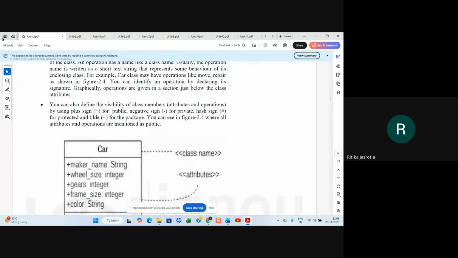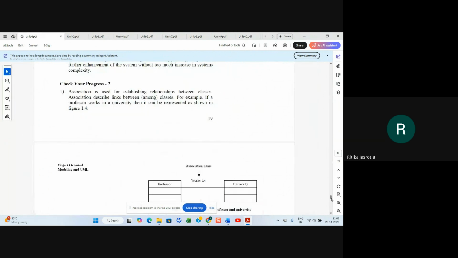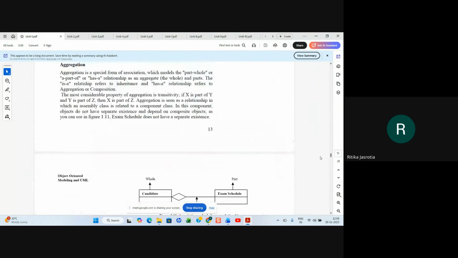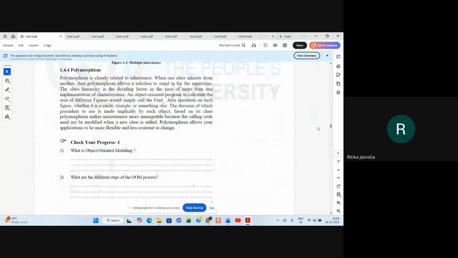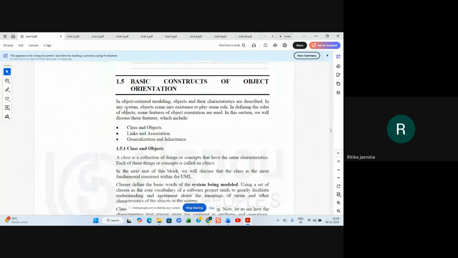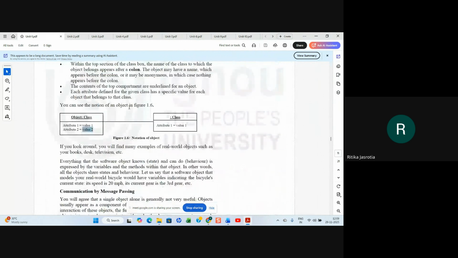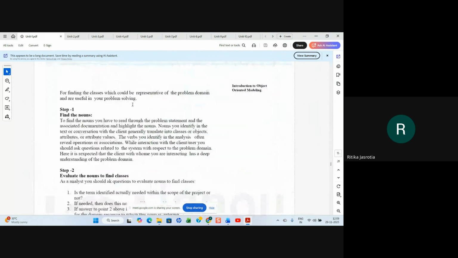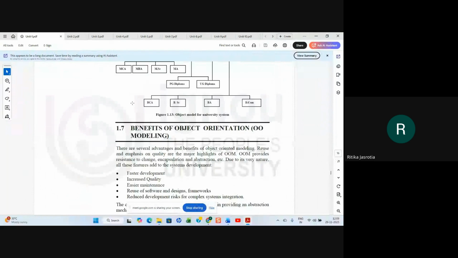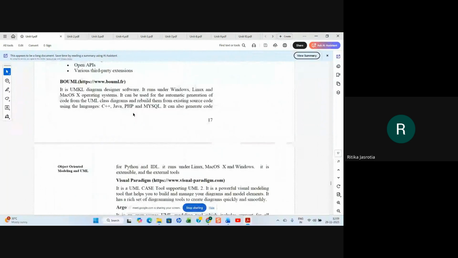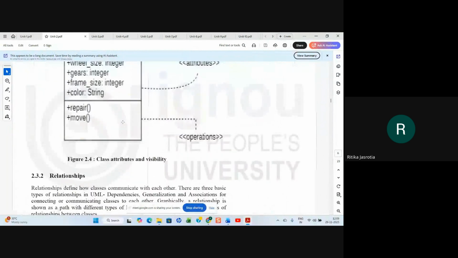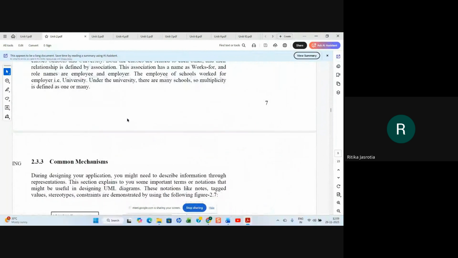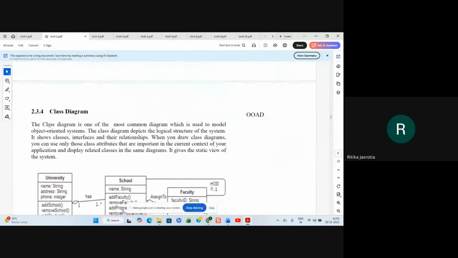I think in the first unit it may be. So in the second unit in block 1, the class diagram is one of the most common diagrams used to